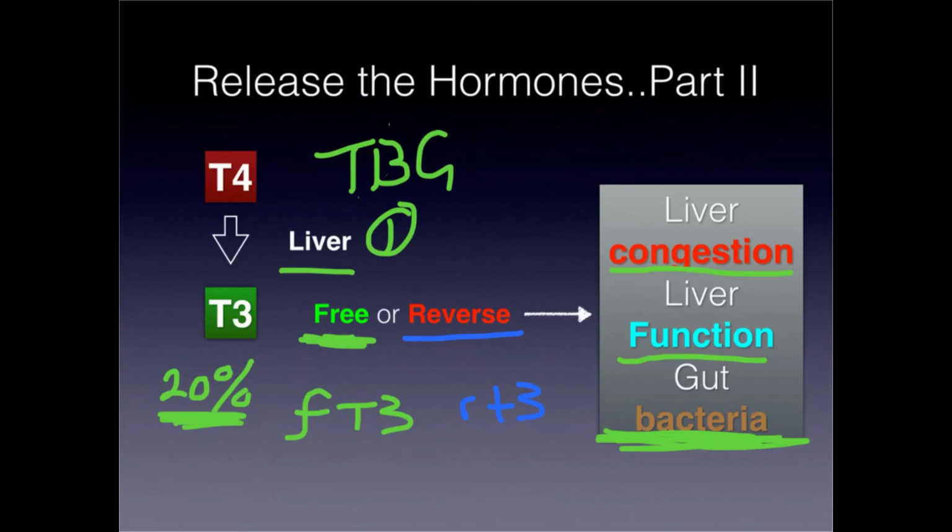So if you have a dysbiosis, leaky gut, or even heartburn, indigestion, reflux, constipation, irritable bowel, you've got an issue converting thyroid hormone into free thyroid hormone, which means you have the potential to have thyroid problems. And this is still only maybe halfway down the rabbit hole of thyroid issues from a functional medical perspective. So again,